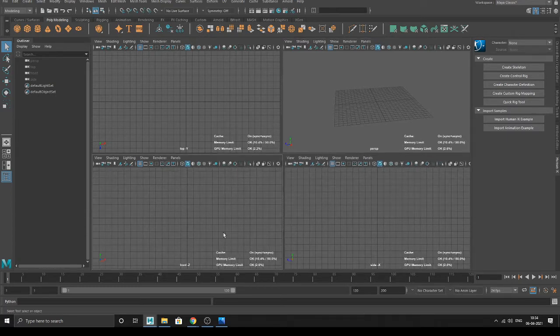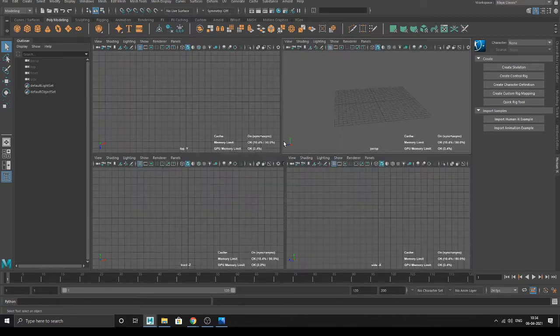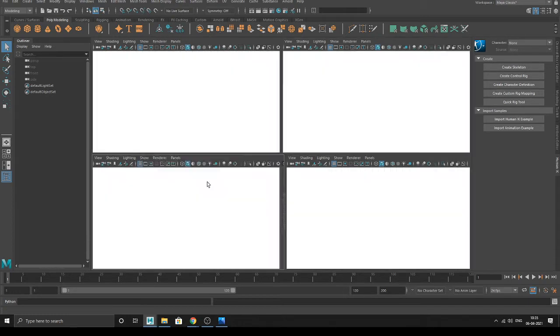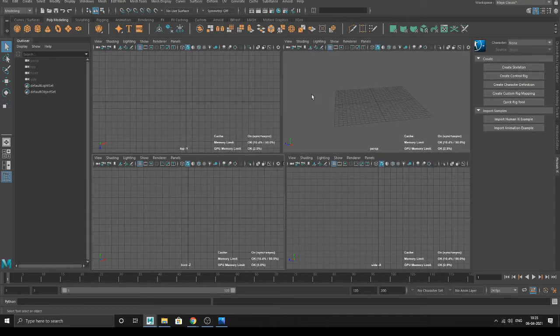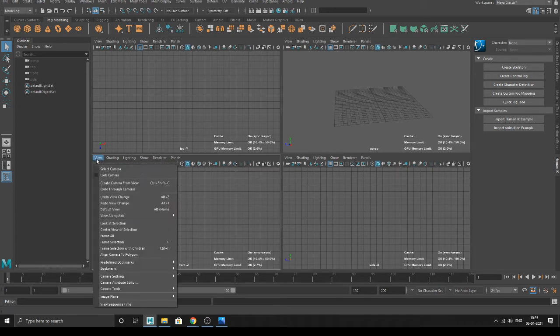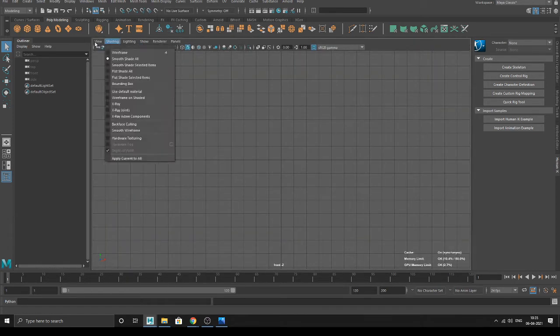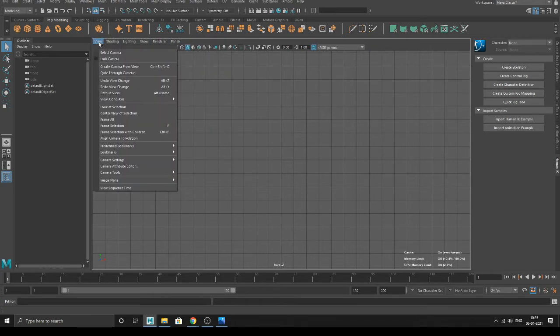So where is the front view? This is the four view panel. Hit the spacebar. I'm assuming that you might know all this by now. If you press spacebar, you can go into that, and if you press spacebar again, you get four. Or else you can click here. So this is your front view. In that front view panel, I'll go inside and click in this view.